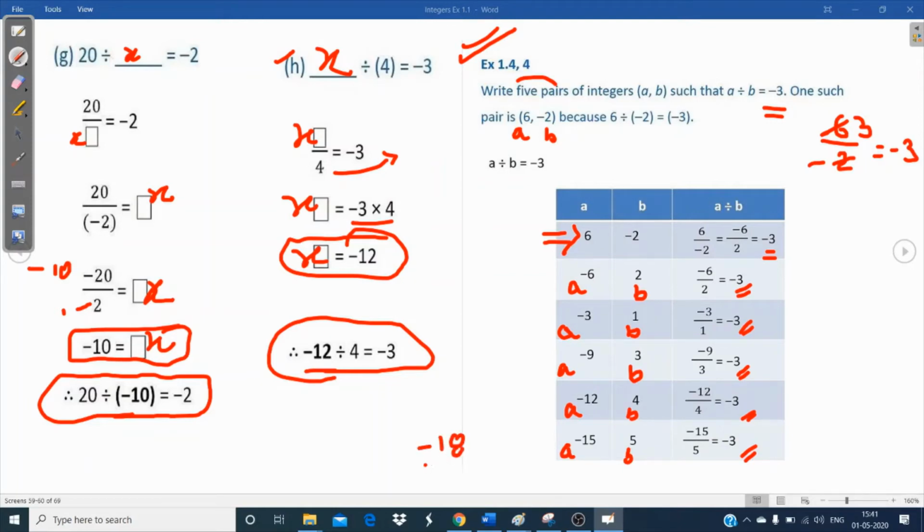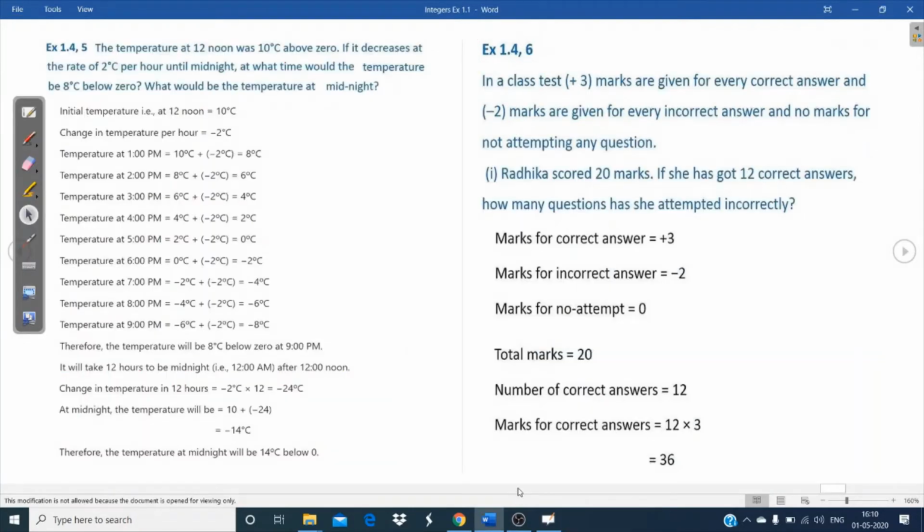Now B, I have taken 6. That will also be one example. 6 times 1 is 6, 6 times 3 is 18, and since that minus sign is also there, you will get minus 3. Now in question 5 it is given the temperature at 12 noon was 10 degrees Celsius